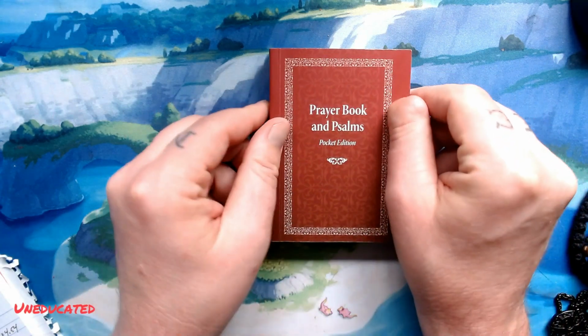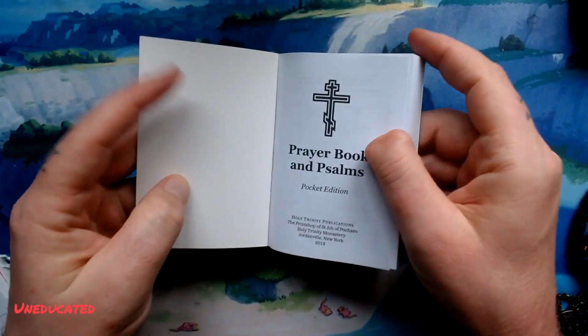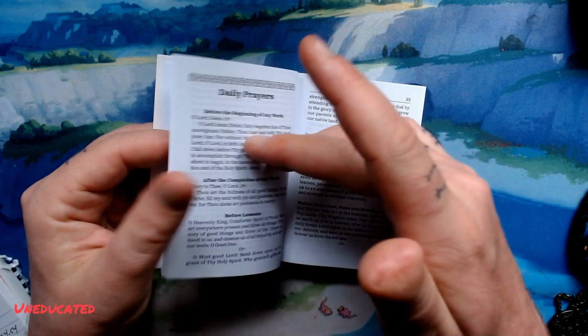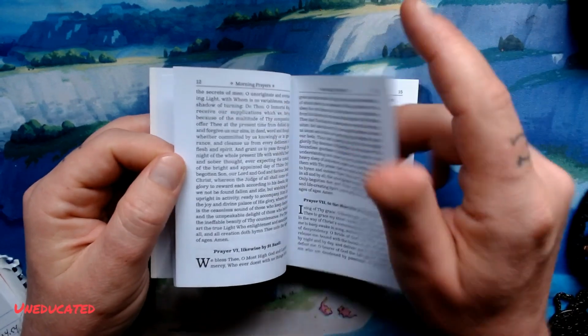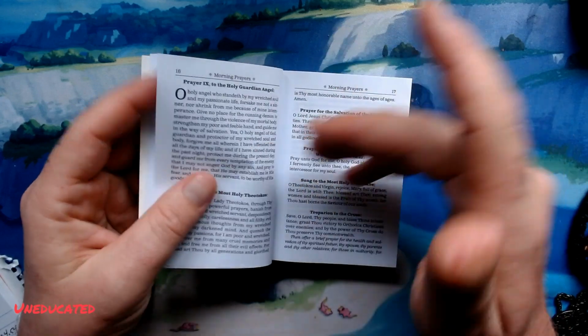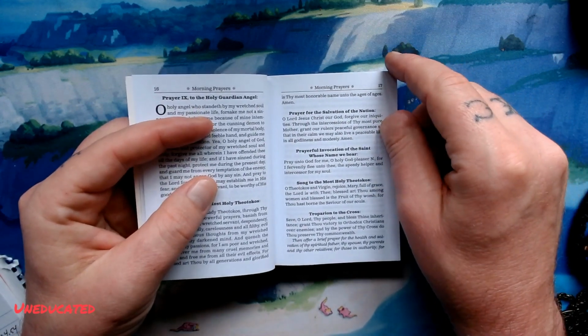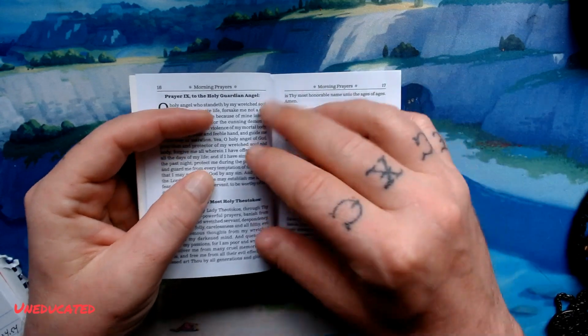There are a couple differences in this iteration of the Jordanville prayer book that is slightly different from the one you see normally. And that is, instead of prayer for the homeland of Russia, you have prayer for the salvation of the nation. Now that we have the book open,